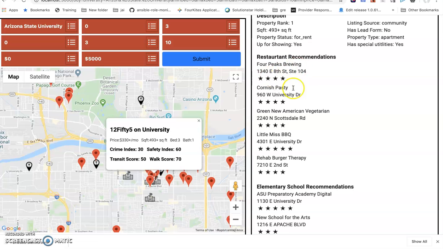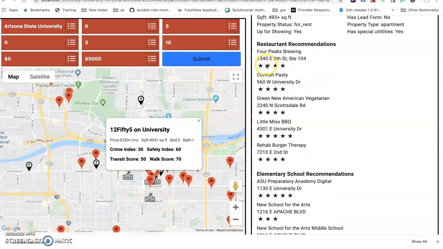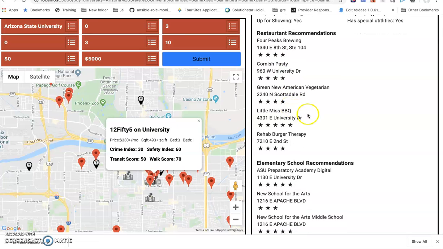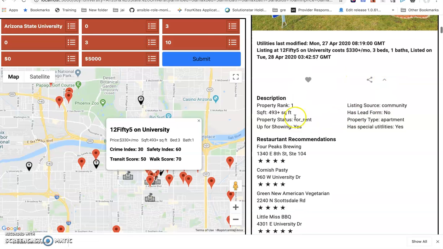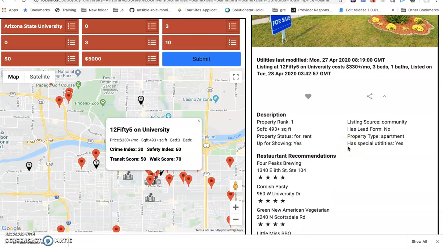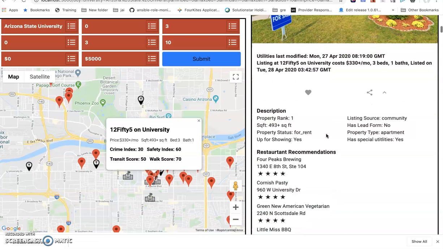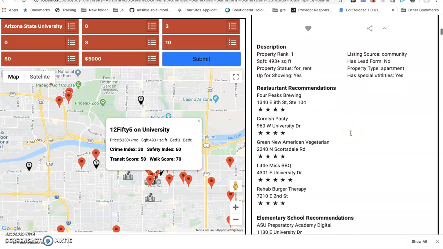These are the restaurant recommendations along with the ratings. All the basic information about the property, such as property rank, square feet, and listing source, is pulled from Realtor APIs.